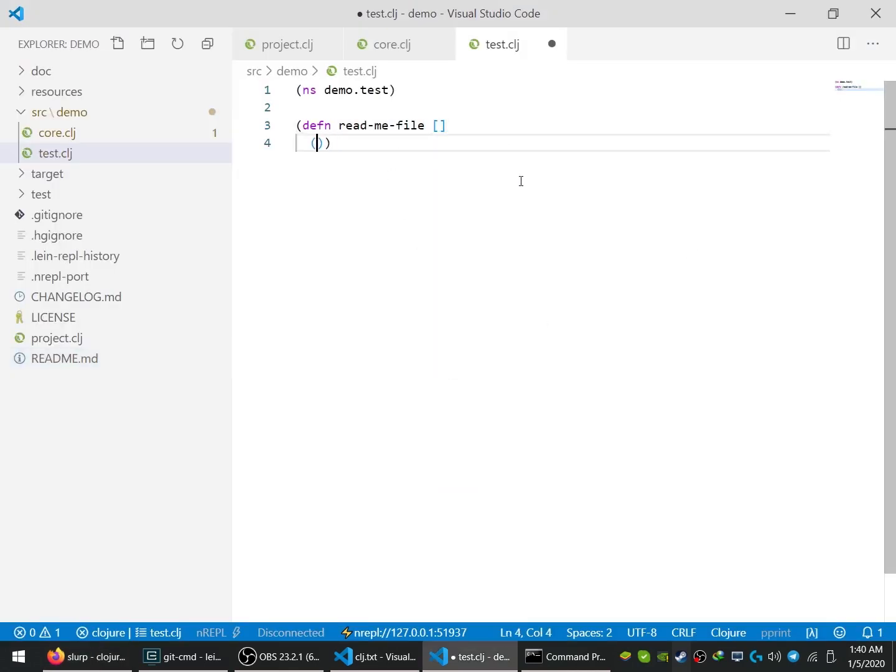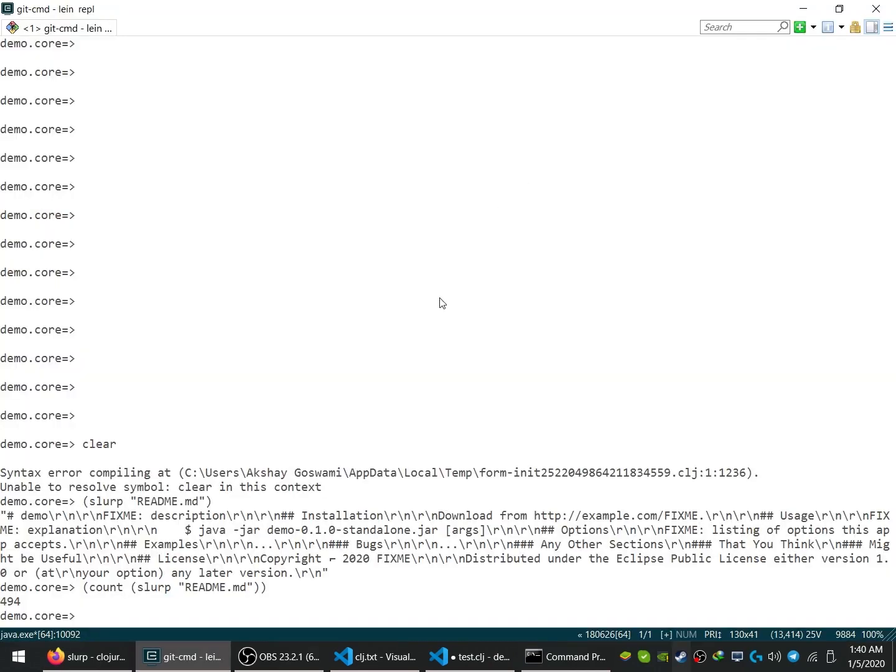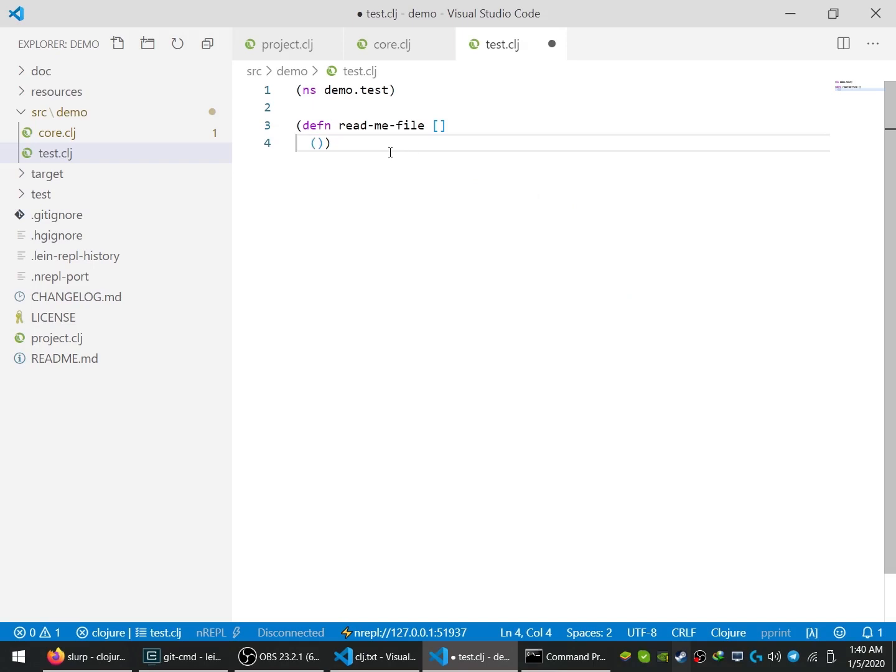Okay, so let's use the same function. Same function. Okay, slurp,